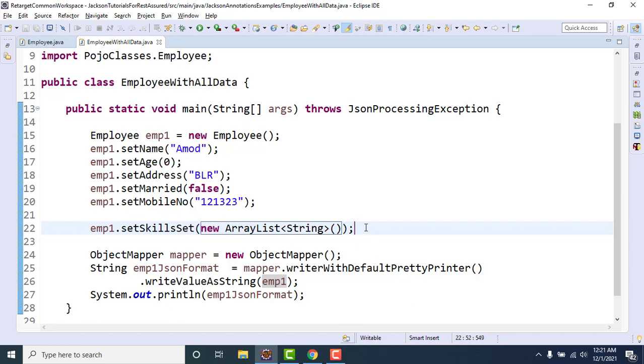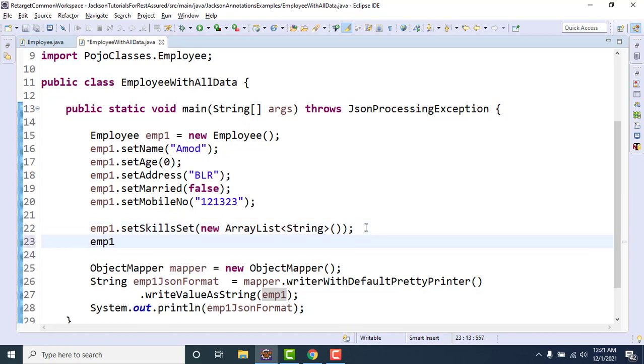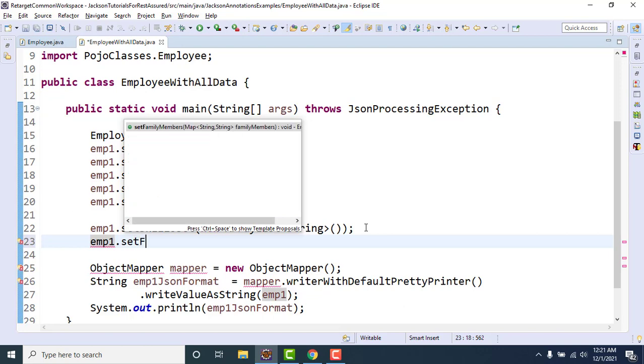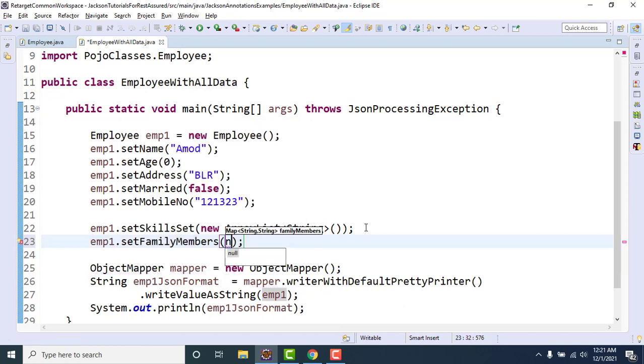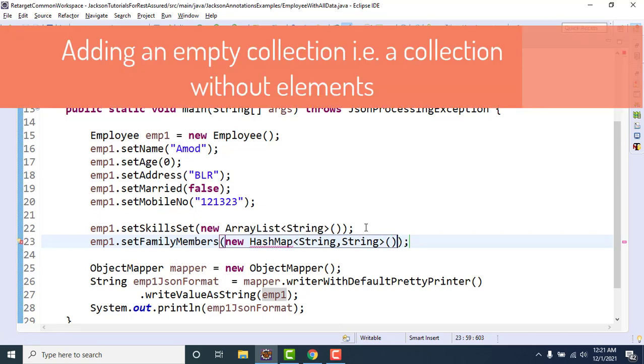And let me add the family members, employee one dot set family members. Here also I am adding an empty collection again. I am not putting any key and value pair here. Simply I created one anonymous HashMap and passed it to this Pojo class.